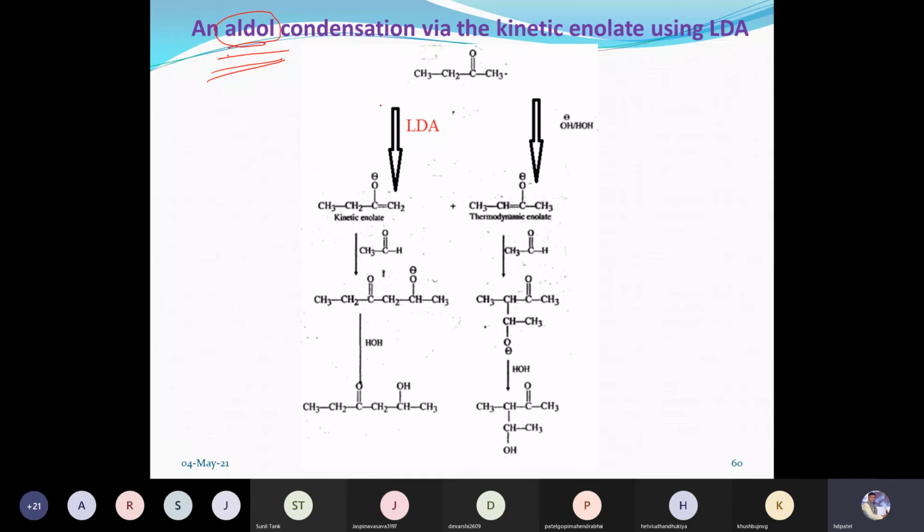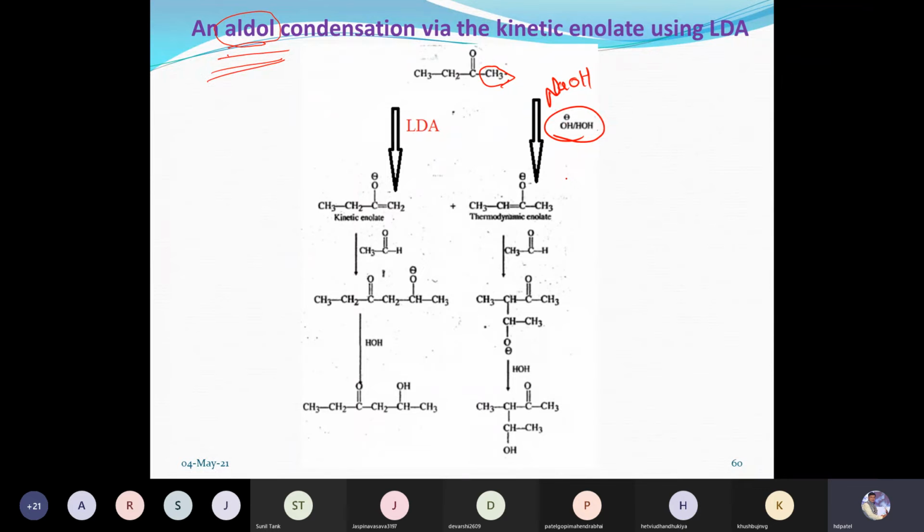How it works: if you have a ketone, this ketone is treated with a base, here a simple base, that is NaOH, which is known as a strong base. So a strong base can react on this,